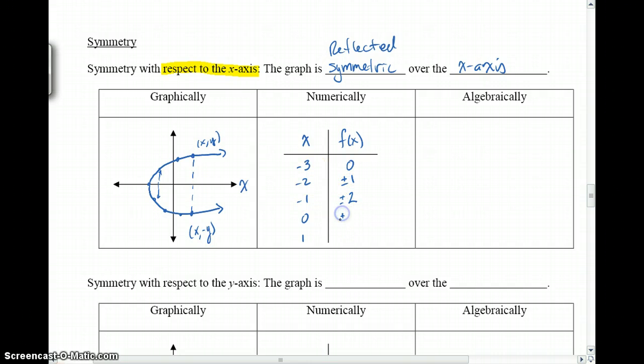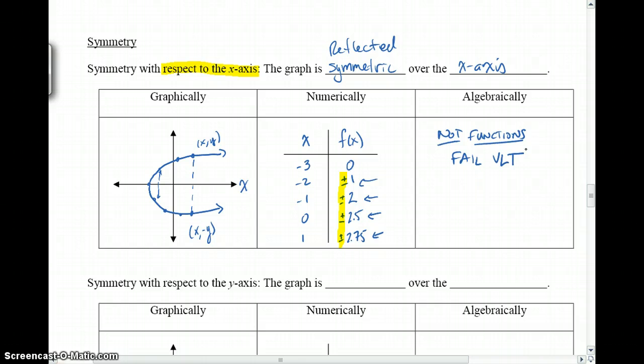At 0, let's say plus or minus 2.5, and at 1 plus or minus 2.75. I am totally making these up, but the key here are the plus and minus values. We see that each x value has two function values. So what we see here is that these are not functions. They fail the vertical line test,